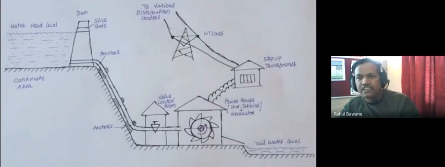Because generated power cannot be stored, there is a very big limitation. We observe that there are cells and batteries, but a battery has very limited power, and a power station generates in megawatts, gigawatts. This much power we can't store in any device. So the simplest way is, whatever the demand, accordingly produce power and supply it.